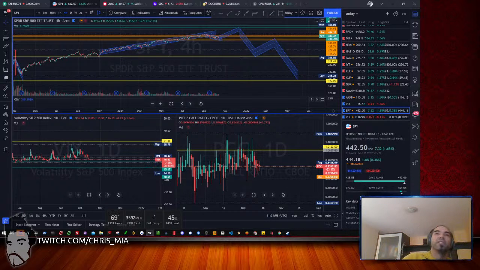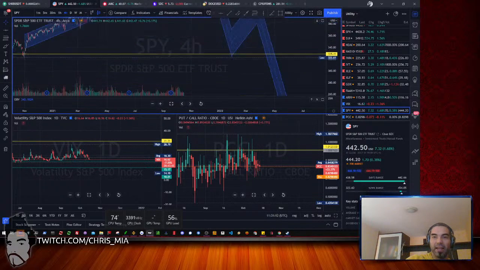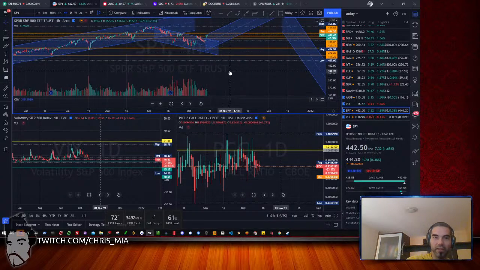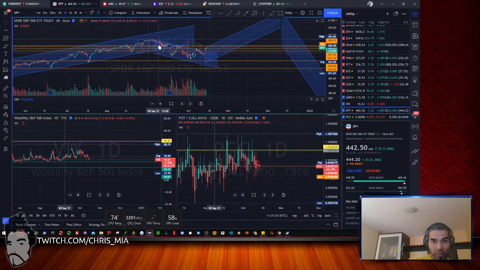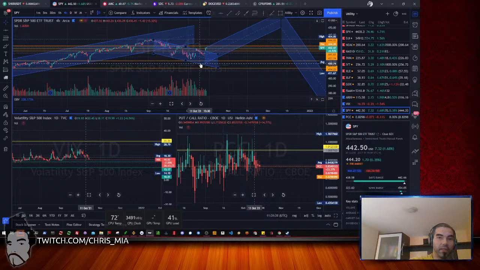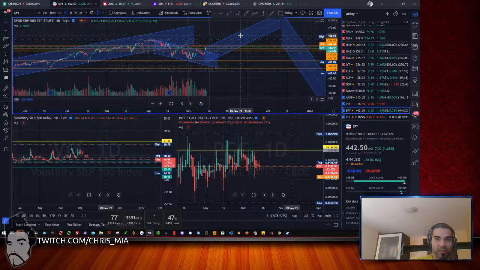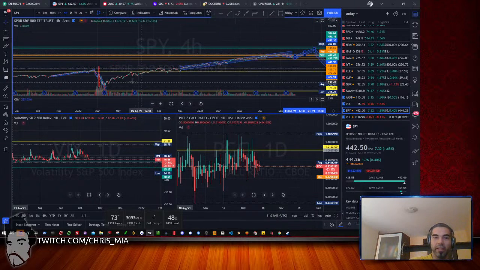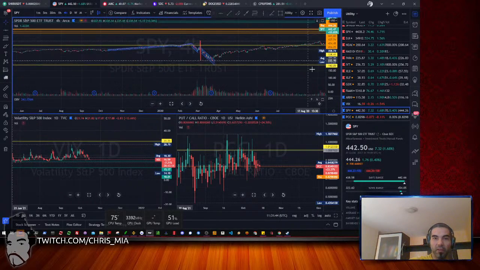Oh, but that's it. That's the overall aspect here. Nothing further to analyze. I just saw that we had such a coincidental, I don't believe in coincidence, but coincidental event where we broke out of this bull flag just at the right time with the political news that the debt ceiling was increased. And because this changed the direction of our S&P 500, which again looks near mirror image perfect to how it was back in